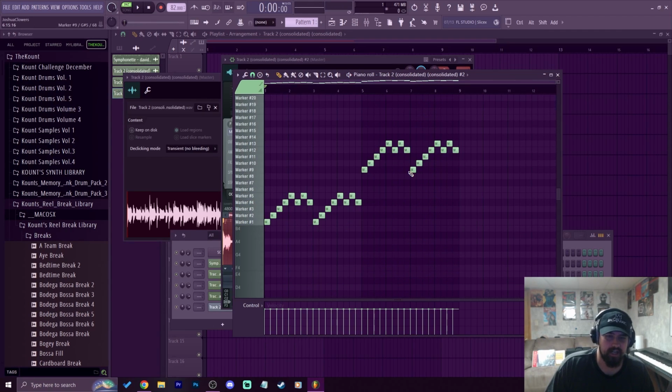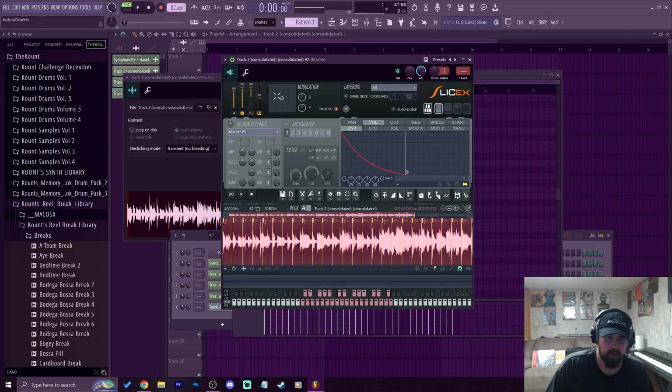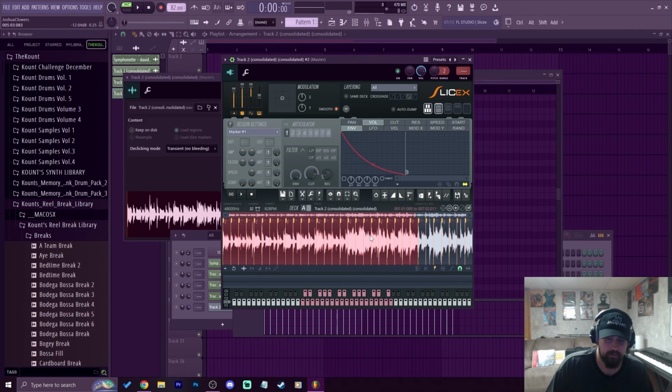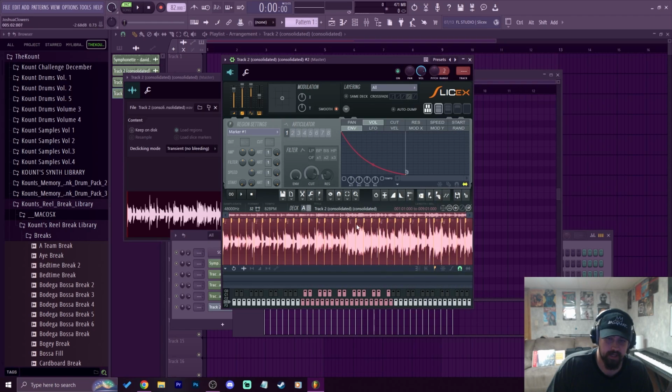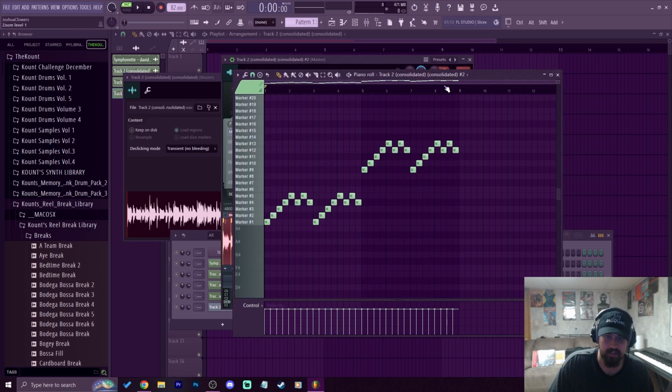All right, so we do got a nice loop here, but if you listen, it does have clicks and pop. Fix that. We're going to go back into the Slicex, make sure all of the chops are highlighted. So zoom all the way out and do a Control A to highlight all of the chops. If you go over to the tools, which is this wrench icon, you can go over to perfect all regions and it'll just make all of it right so it doesn't click and pop. Now if we listen,